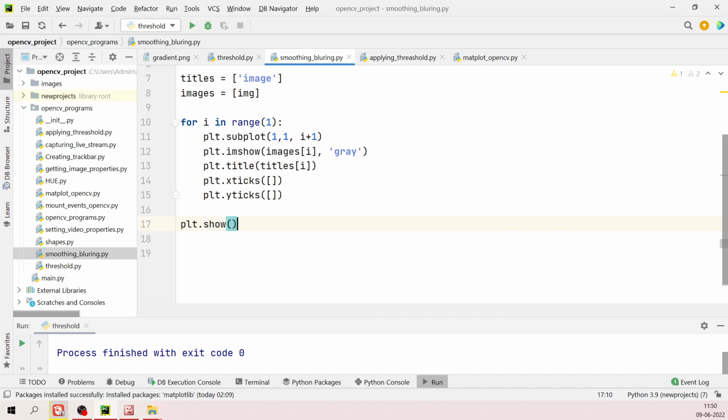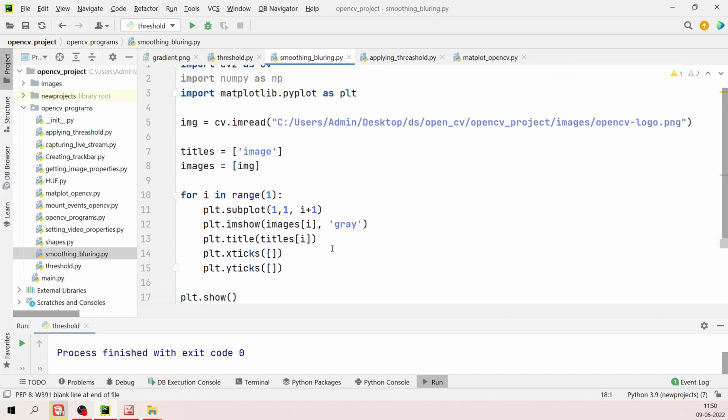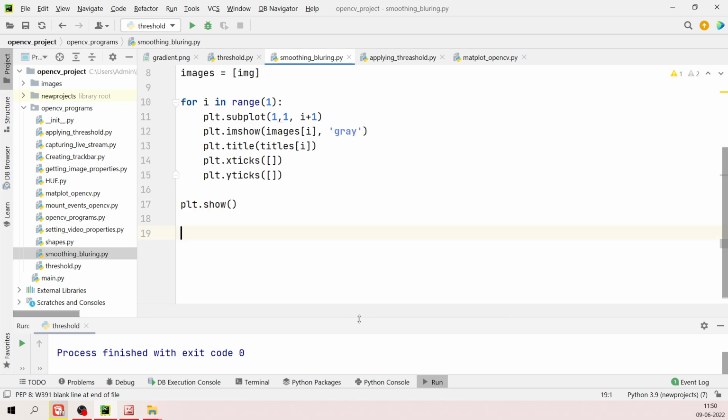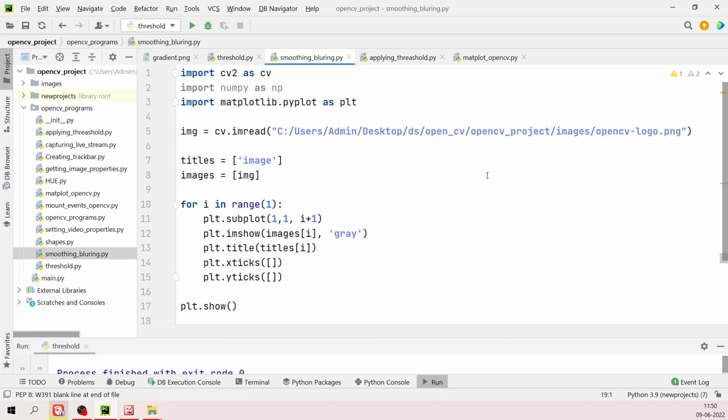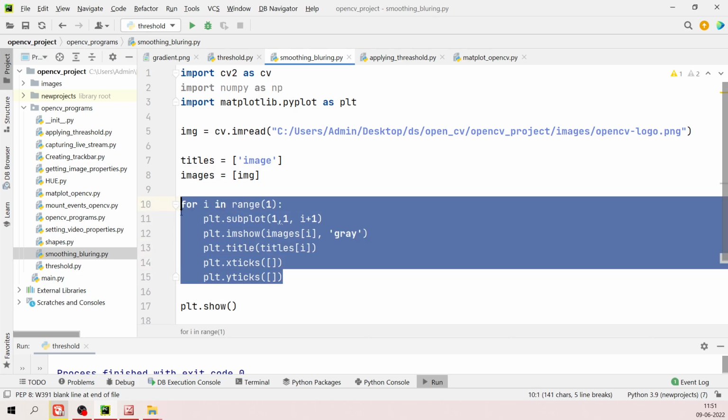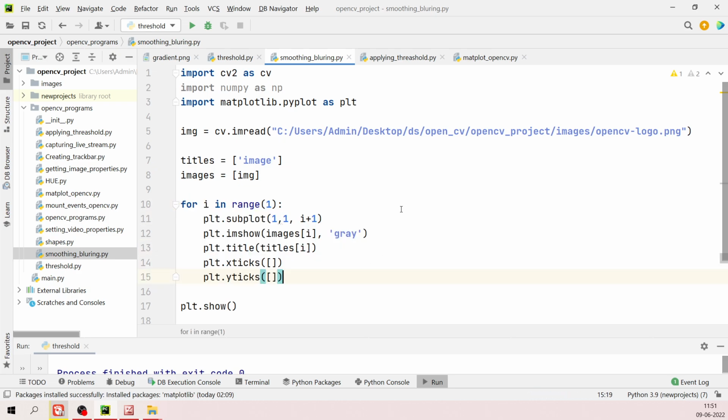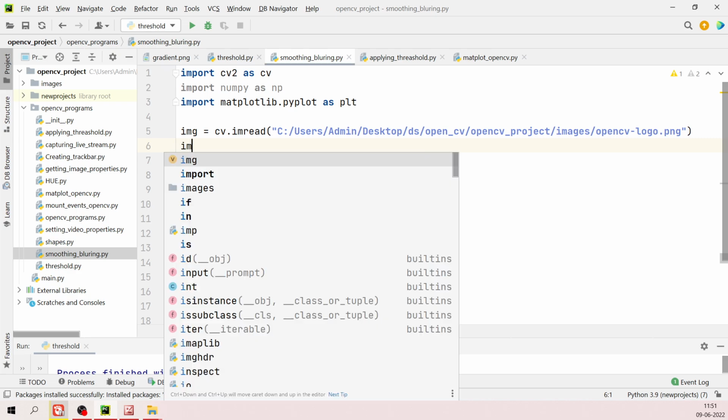Finally, whenever we are using the matplotlib library, we are going to use the plt.show function at the last. So this is how we are going to read and see our particular image on the screen using the matplotlib library. Now whenever we are using matplotlib, you have to understand that the colors will be in blue, green and red. And if we want to see this particular image in RGB format,